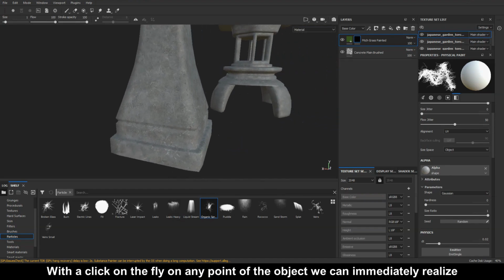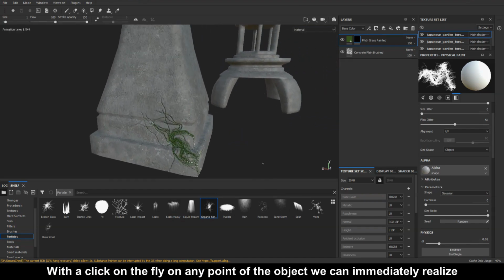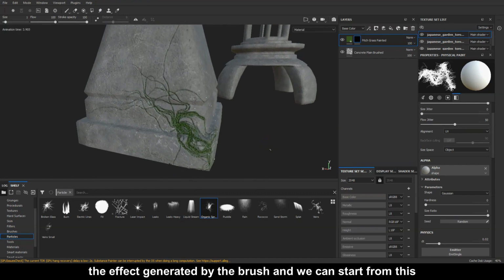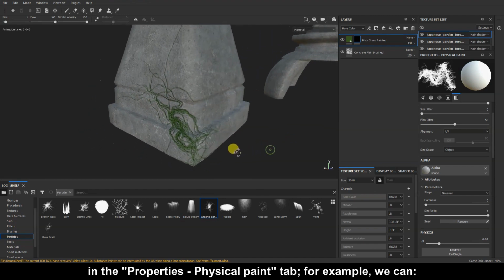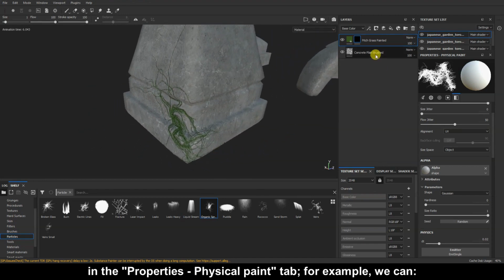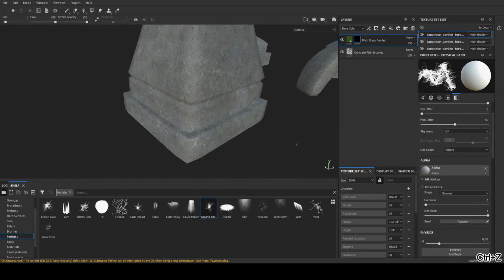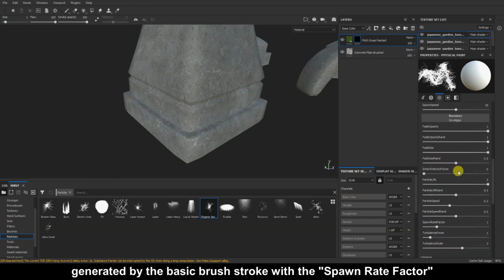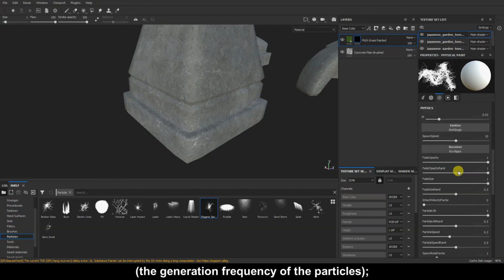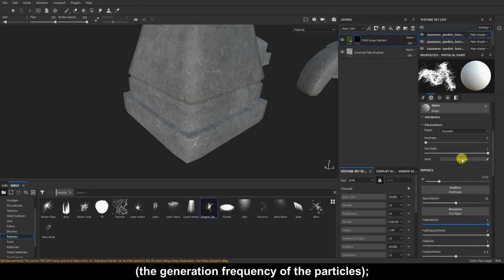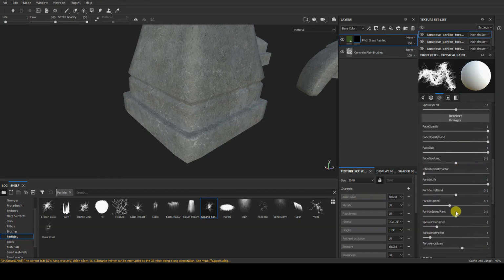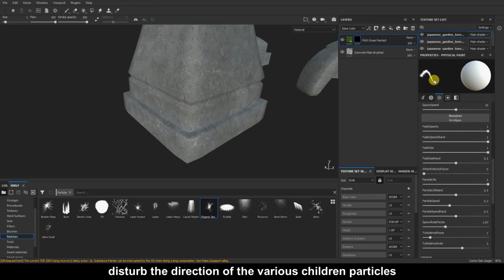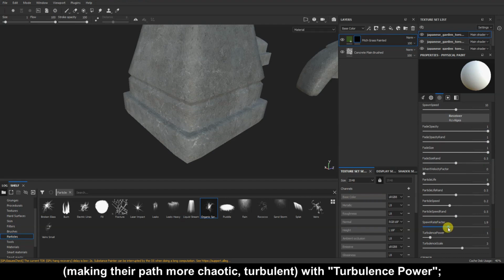With a click on the fly on any point of the object we can immediately realize the effect generated by the brush, and we can start from this to make some considerations, modifying some parameters in the Properties Physical Paint tab. For example, we can increase or decrease the number of children particles generated by the basic brushstroke with the spawn rate factor, the generation frequency of the particles, disturb the direction of the various children particles, making their path more chaotic, turbulent, with turbulence power,